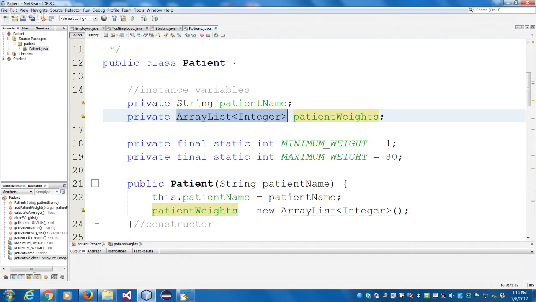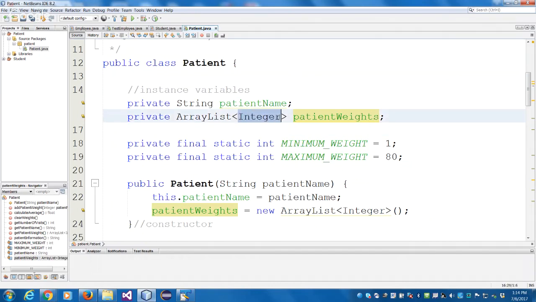The second thing that you have to remember about the array list is that an array list is a collection of objects. So you can only collect objects. You cannot collect data types like int, float, double. You can collect strings because strings are objects, but the basic data types, you cannot collect them. So how do you get around it? All you have to do is, when you create your array list,